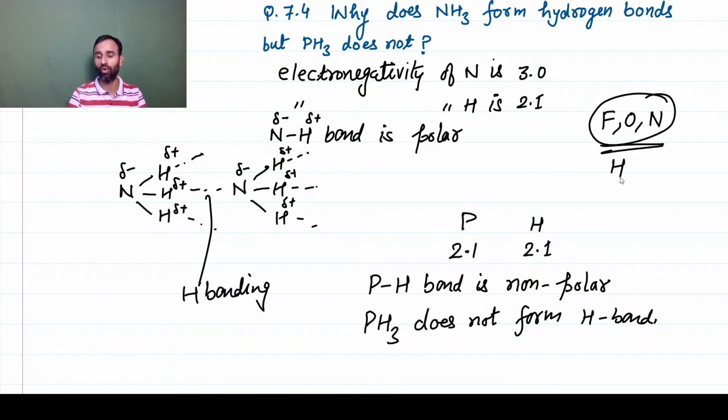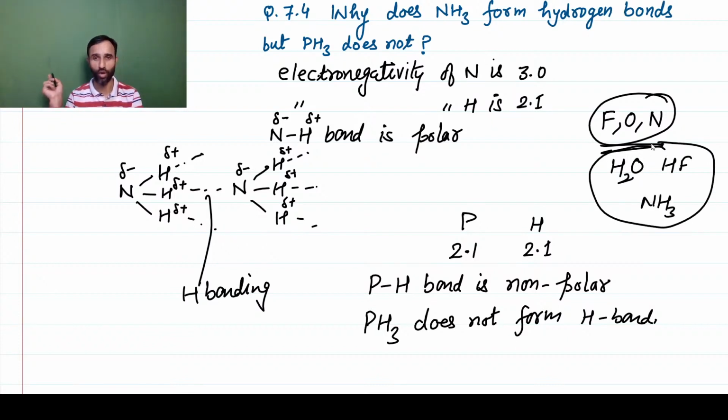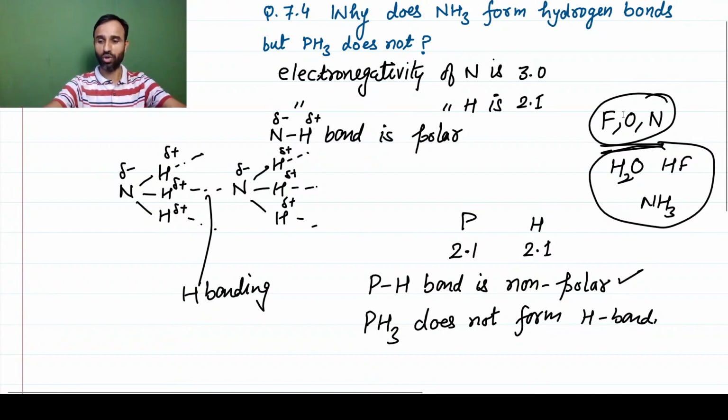So H2O, HF, NH3, they can be associated through hydrogen bonds, but PH3 does not have such condition because phosphorus is large in size, it is less in electronegativity, and at the same time its electronegativity is same as that of hydrogen. That's why the P-H bond is non-polar in its nature. That's why PH3 does not form hydrogen bond. Very simple question. Okay, next question is,